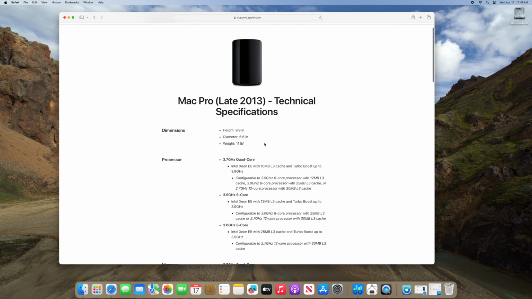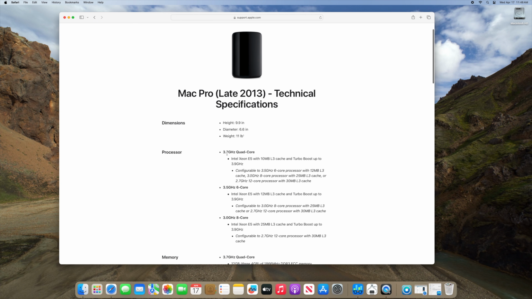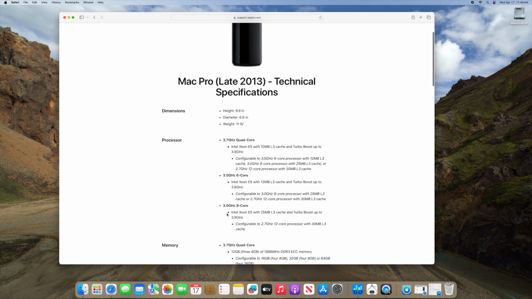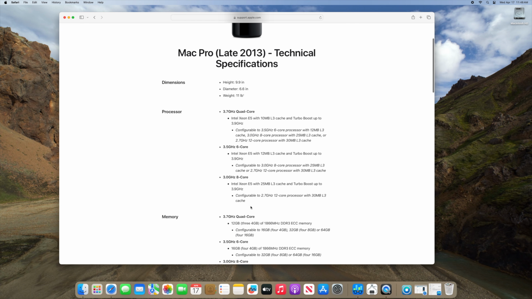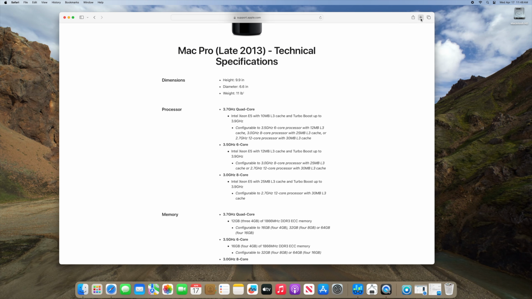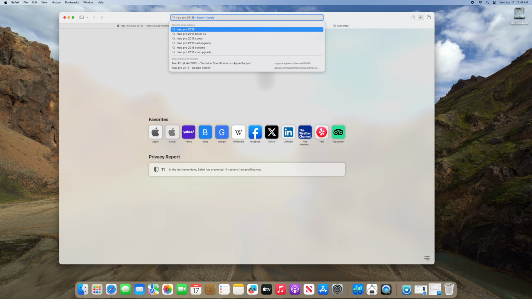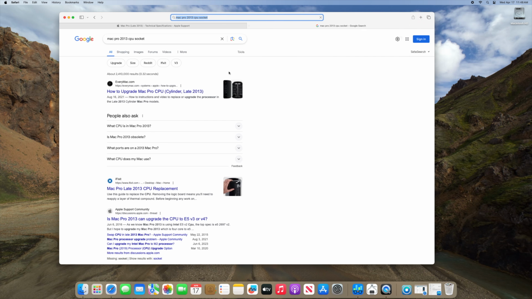Now, the standard configurations for this Mac Pro included a 3.7 GHz quad-core Xeon, 3.5 GHz 6-core Xeon, 3.0 GHz 8-core Xeon, and of course, at the high end, you could get that 2.7 GHz 12-core. Now, our model is a 10-core, so that sits somewhere in between this 8-core and the 12-core right here. Well, the reason for that is because the Mac Pro 2013 has a socketed CPU. So we're gonna head into this